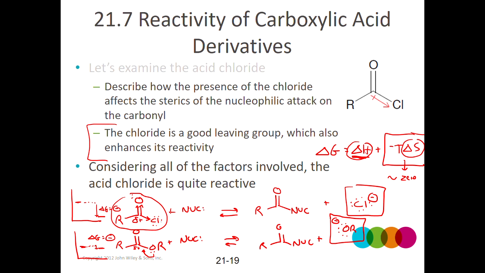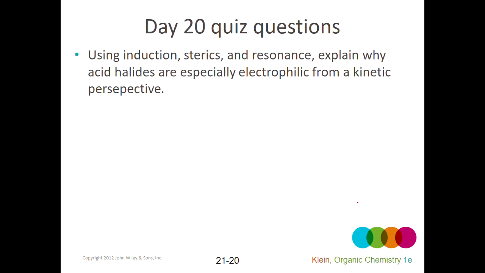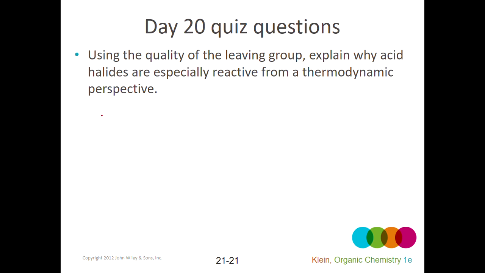So that explains why the thermodynamics favor the forward reaction so much when you start with an acid halide, because it starts off relatively unstable and it produces an especially stable leaving group compared to the other ones. So we talked about the kinetics. Let's look at the other two real quick then. Right? So we could also include the carboxylic acid. So we have the carboxylic acid, we have the acid halide, we have an ester,